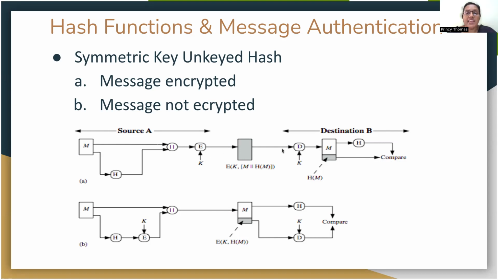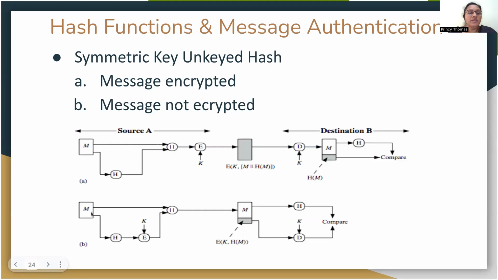If the hash values differ, that means some tampering has occurred. Okay. Now this is with encryption. Without encryption, the encryption and decryption portion, E and D, is not there. That's all. So that is the B diagram. Now here, since there is no encryption of the whole document, the hash is encrypted and